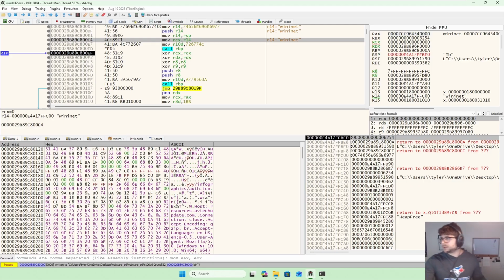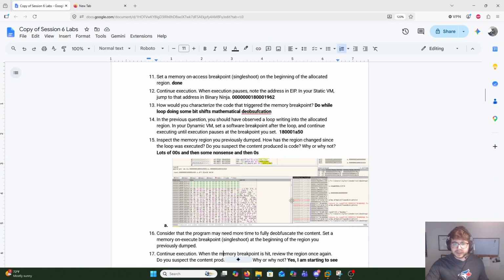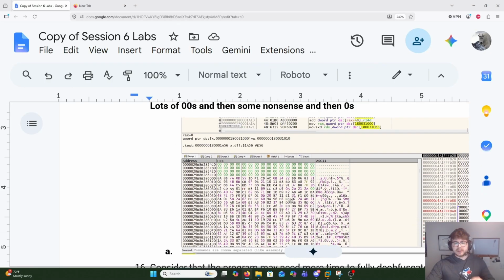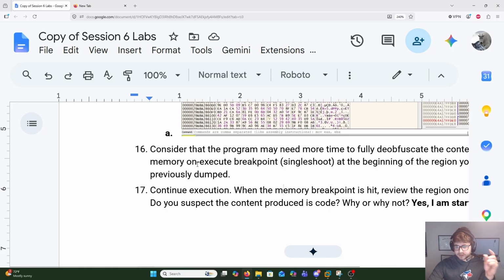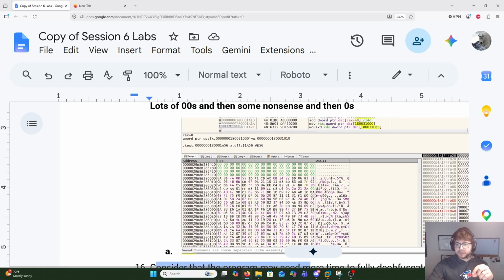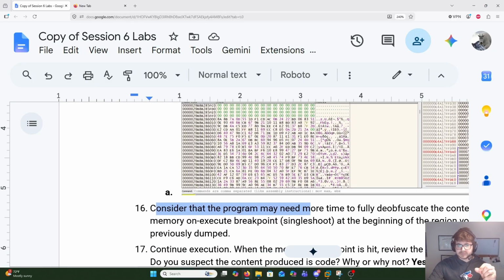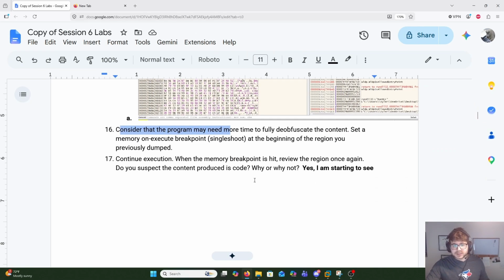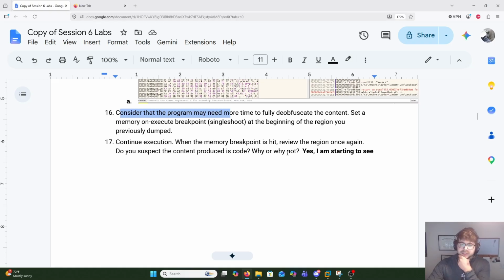I have a picture here of what we had seen before we kept running it: several lines of zeros, and then these characters here. So really nothing that we could deduce. And so we continued executing,